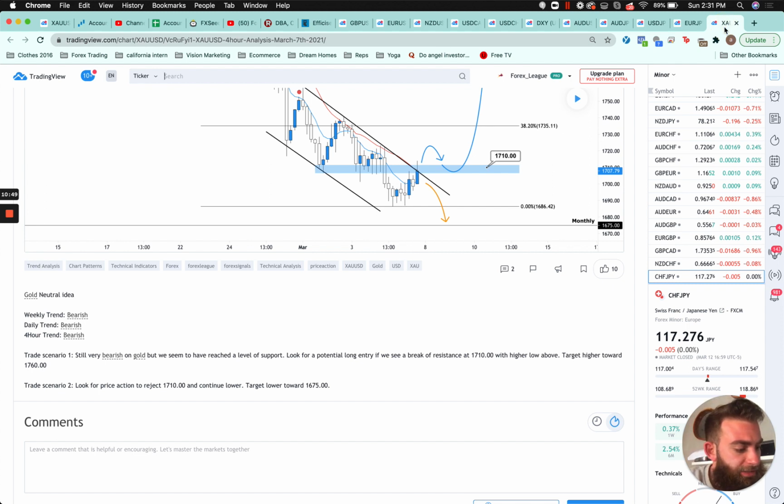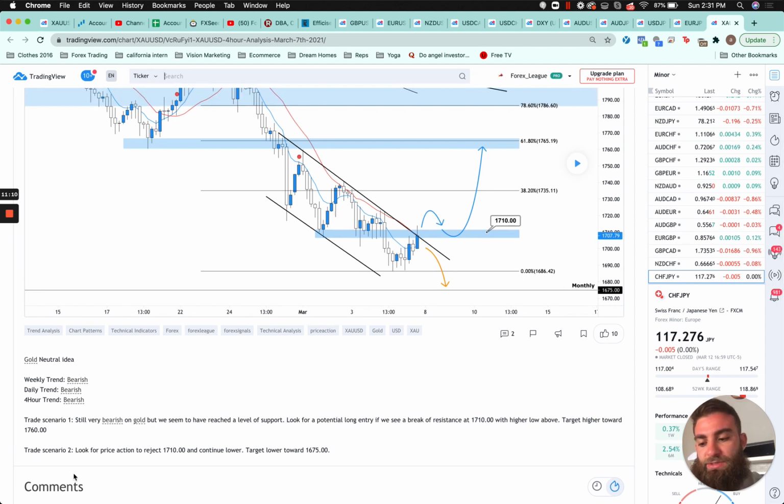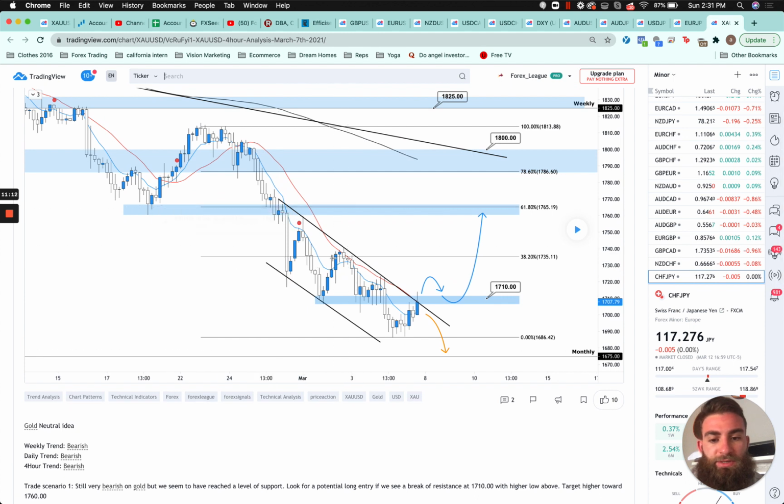Last but not least, we have gold. Weekly trend bearish, daily trend bearish, 4-hour trend bearish. Trade scenario 1, still very bearish on gold, but we seem to have reached a level of support. Look for a potential long entry if we see a break of resistance at 1710. Target higher towards 1760. So this one, downward trend right here, descending channel, looking to break out of that before